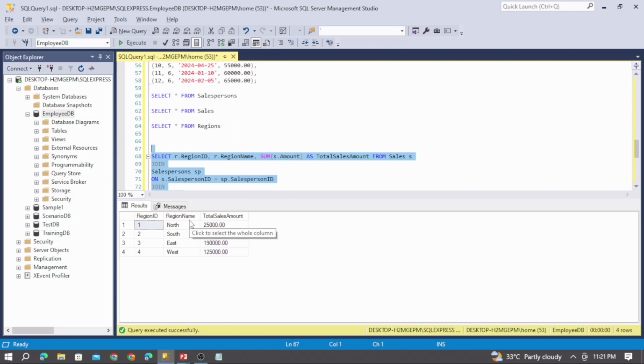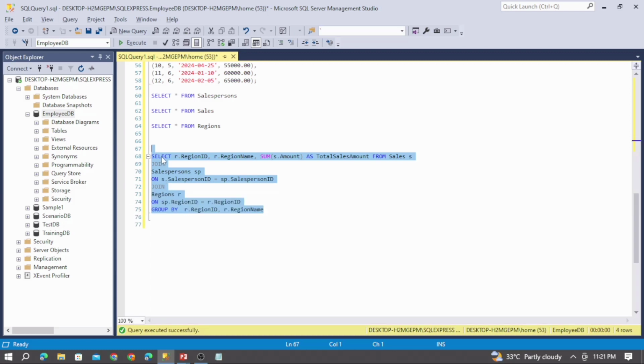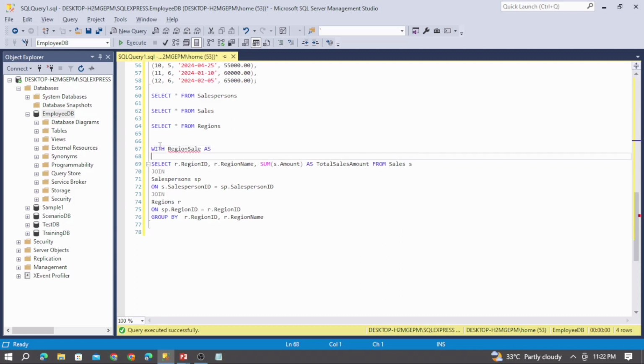So from this, along with this, I need to find the salespersons who are involved in those sales, and we need to find the full name for those salespersons from the first name and the last name, and we are going to separate each person with a pipe symbol. So let me take this into a subquery. Let me take this as region sales, and let me take the code inside a circular bracket, and here I'm going to select the values